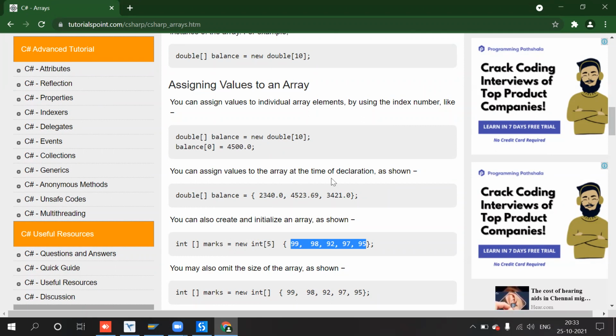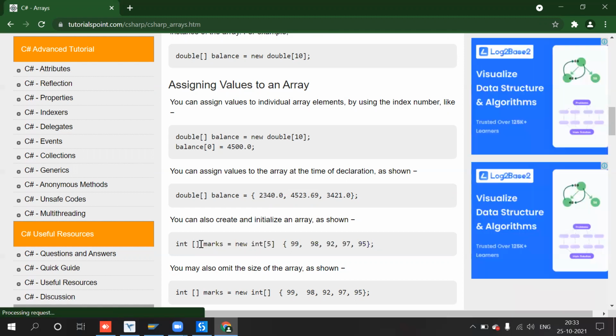Okay. So here the size is double of size 10. So this represents size, and this represents what is the type of this data. Okay. So type is integer. So arrays can be represented in brackets, open and close brackets, then followed by the name of the array. Okay. And then this is the way we will initialize a value to a variable. Okay, new int of, and then followed by curly braces.